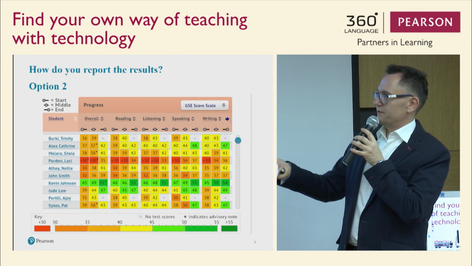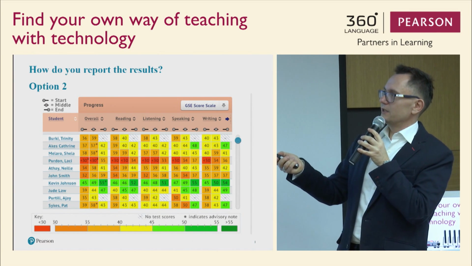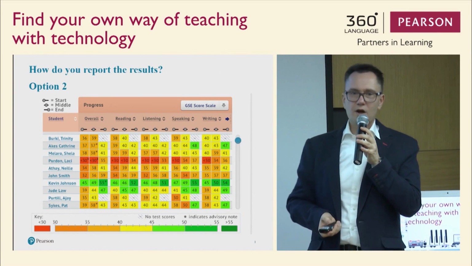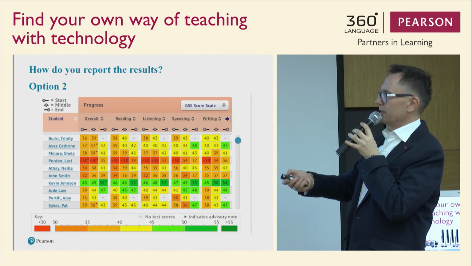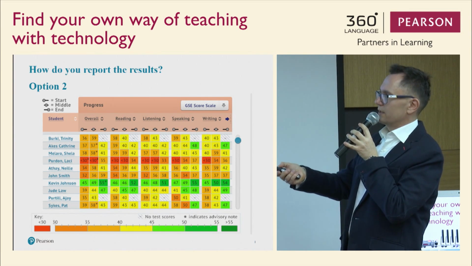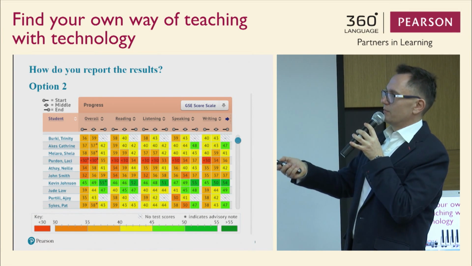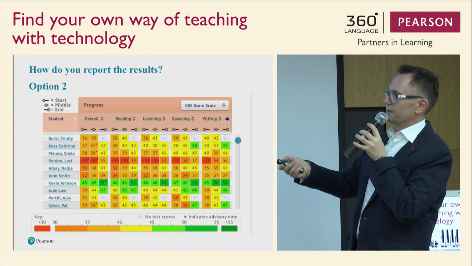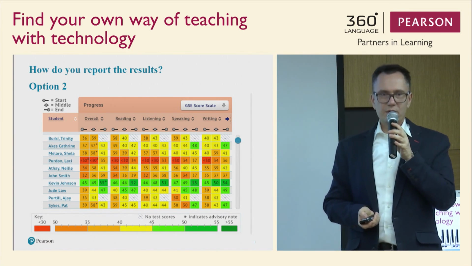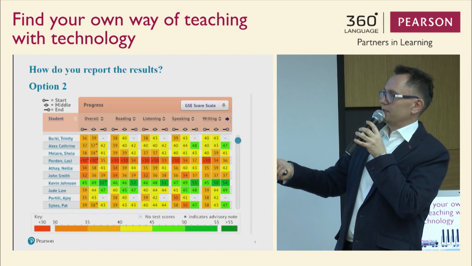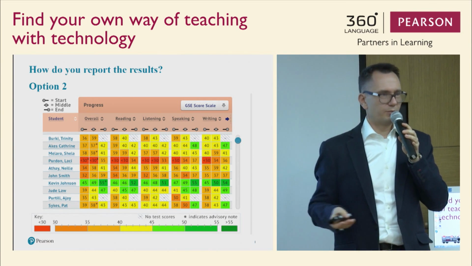Of course, on the left there's a list of students, and on the right you can see the students' overall results. You can see what student 1 got for the beginning of the semester test, the middle of the year test, and the end of the year test. In this case, student 1 didn't take the last test. But the most interesting information is, of course, the numbers, which are GSE numbers, Global Scale of English numbers.